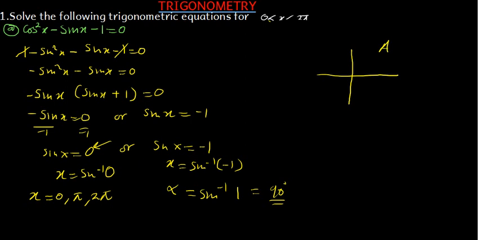So following the All Students Take Coffee rule, we are going to look for quadrants in which sine is negative. So sine is negative in this quadrant and also in this quadrant. So whenever we are finding angles in the third quadrant, the acute angle that you would have found, now this is 90 degrees, so this is not even an acute angle, that is a right angle triangle. So that is in the third quadrant, and we find that the angle that you found is actually just this one,